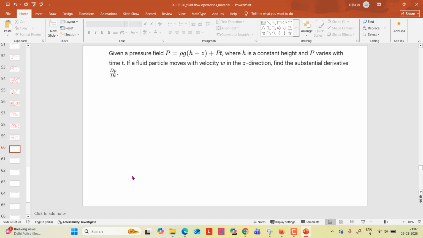The substantial derivative dp/dt will be u ∂p/∂x plus v ∂p/∂y plus w ∂p/∂z plus ∂p/∂t equals to,